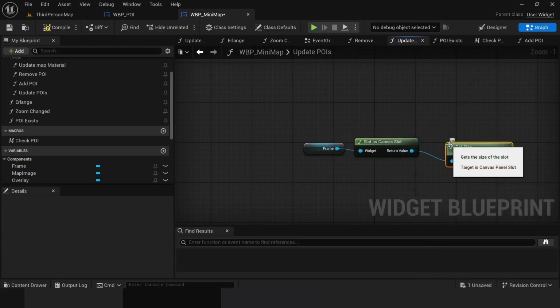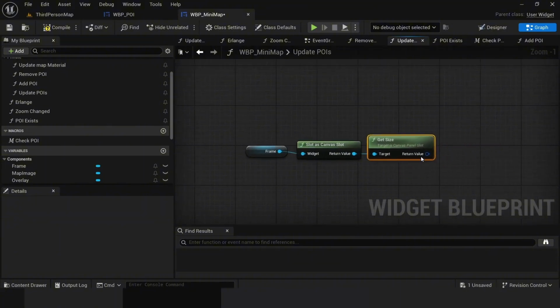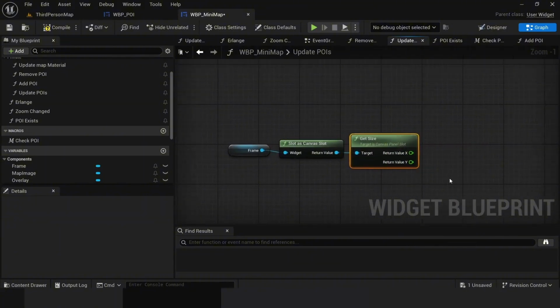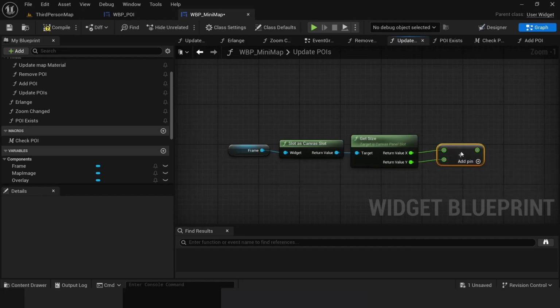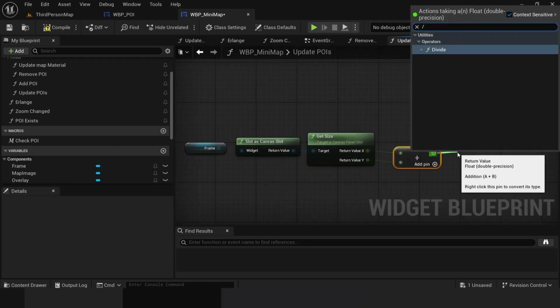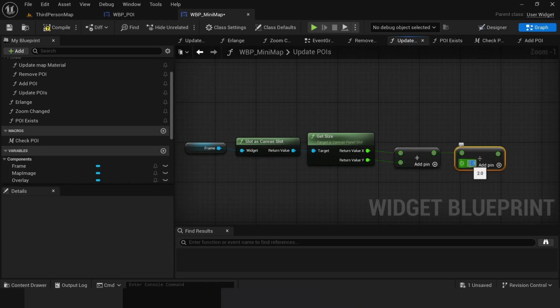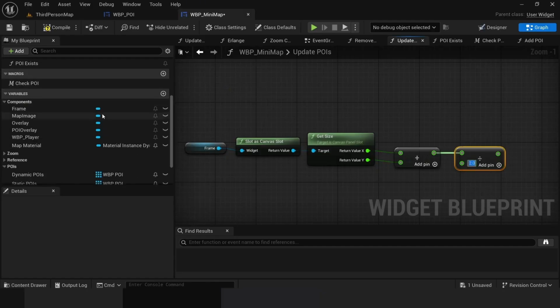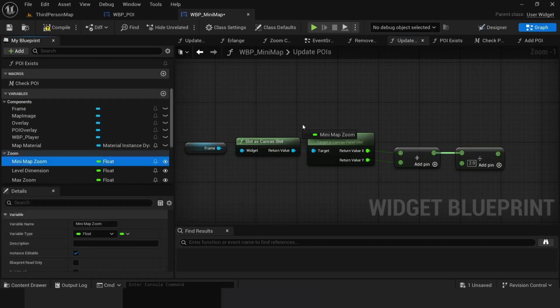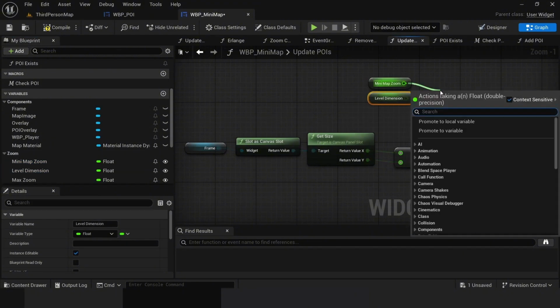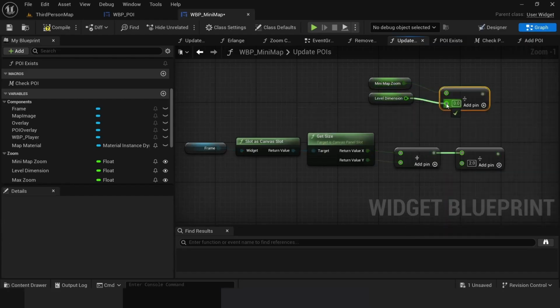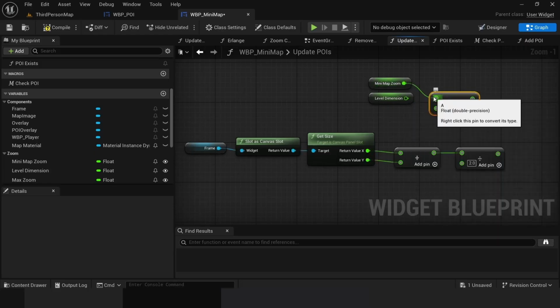from here create size, and the size, split the pin, add the XY, add the divide here, and create the zoom, minimap zoom and level zoom, divide, add, not divide, multiply, add the level dimension also,